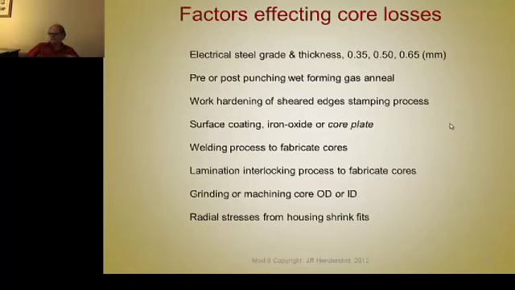The other thing that we discovered in measuring core losses on finished cores is, if you go right on the production line and you take 10 cores off the line before the windings are put in, and you set them up and perform this core loss test that we have done, you'll find that the core losses vary by as much as 50% from one core to the next on the same assembly line. This is really mind-boggling and really complicates this whole problem of being able to predict what your